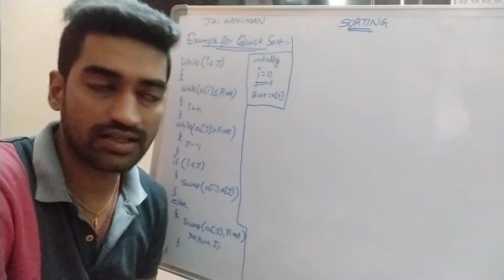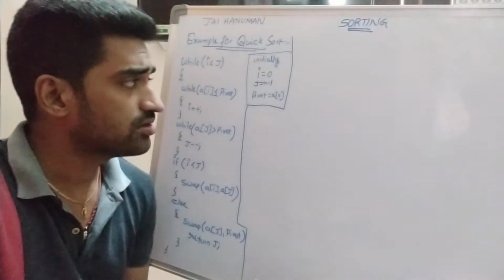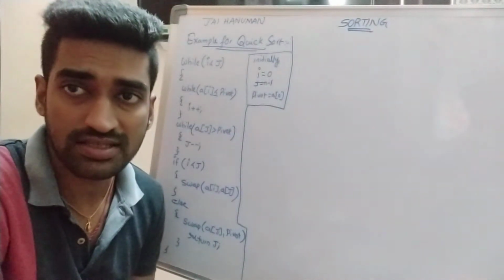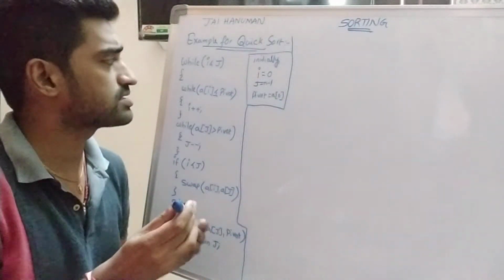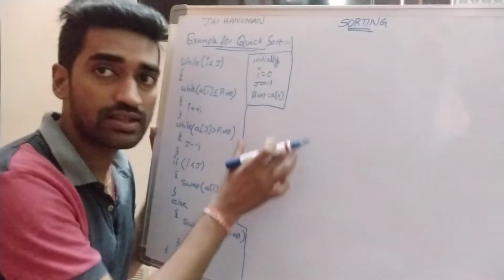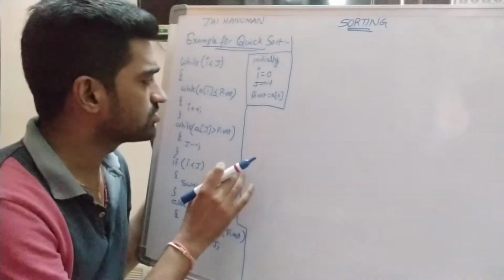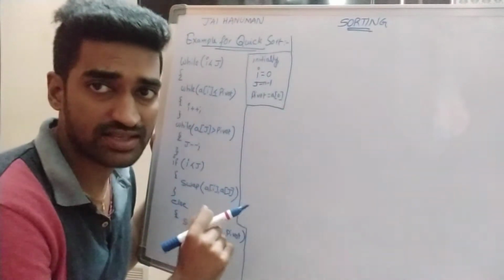Yes, hi friends. In the previous session, we already discussed the algorithm for the quicksort mechanism. In this session, we are mainly concentrating on how to trace all the elements using the quicksort mechanism, right? For that purpose, I am taking the algorithm. Based on this algorithm, I can trace all the elements and arrange them in ascending order, right? We already discussed this algorithm in the previous session.